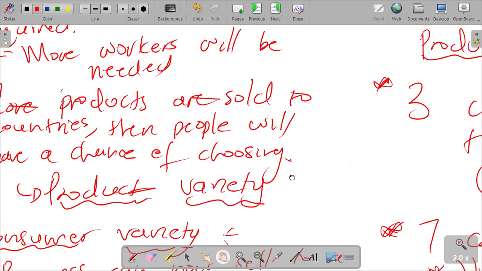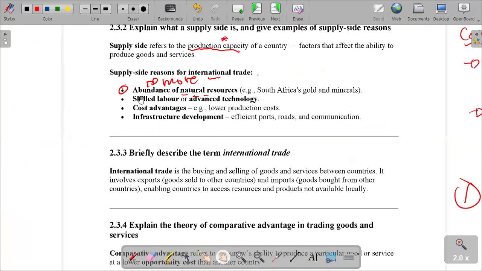So that goes to what? Abundance. Abundance of what? Abundance of natural resources. If we have more natural resources, it's easy for us to sell to other countries. So a supply side reason is an abundance of natural resources. If we have more natural resources, it's easy for us to supply other countries. So first, we need to check our production capacity. How much do we have to actually produce products for ourselves so that, if we have more, we can sell